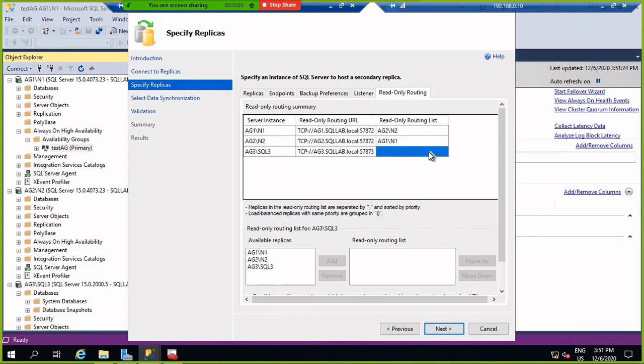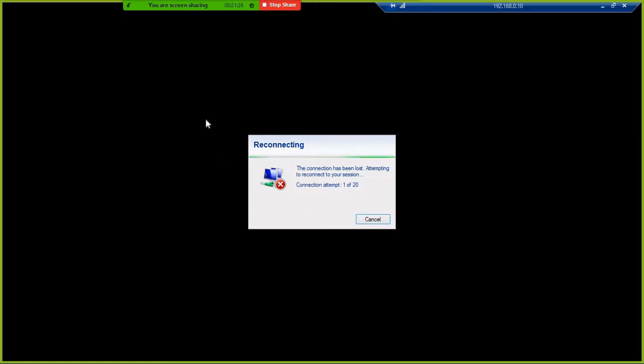Okay, and if AG2 N2 is my primary, here we can set the priority, and we can put more priority also. Okay, so let's do one thing. First we complete this one. Just a minute. And after that we can open in a different mode.